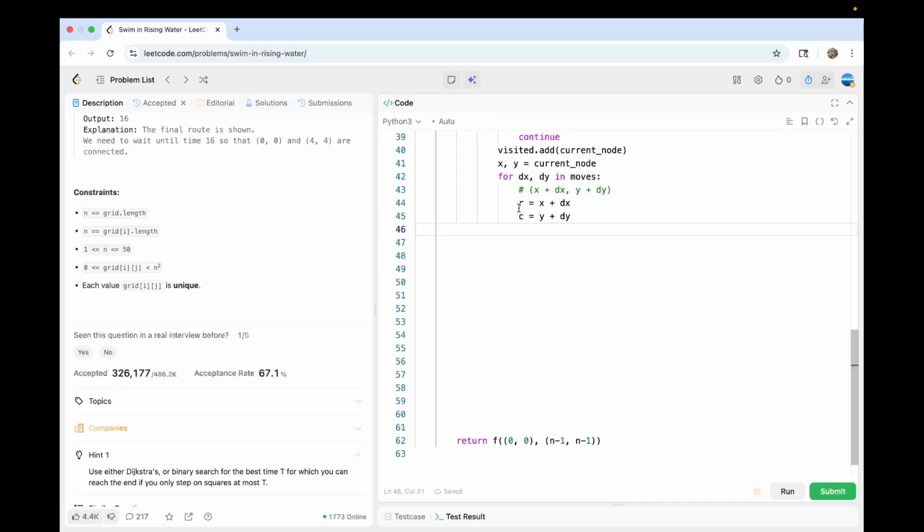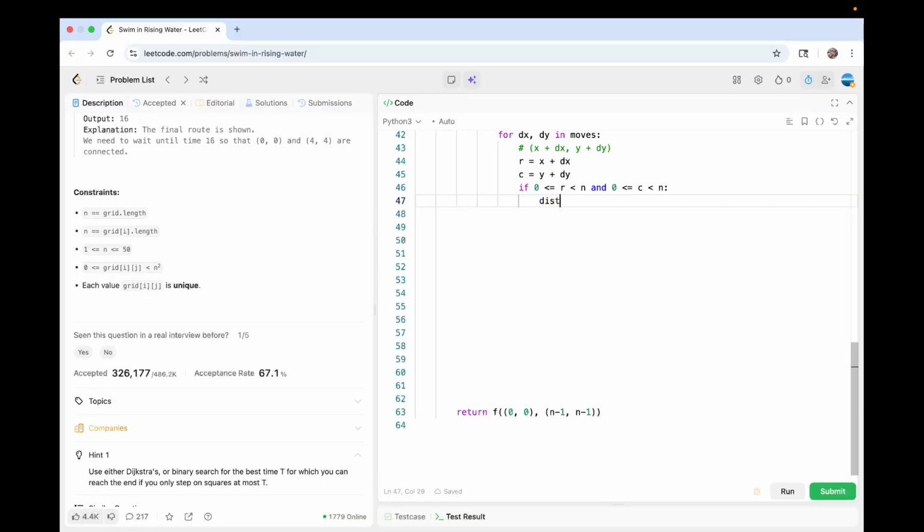Then we want to check if this cell is in bounds, if 0 less than or equal to r less than n, and 0 less than or equal to c less than n. If this is the case, we can look at the distance. So we can find the max of the current distance and the one from the grid at r and c, right? So if dist is less than distances,